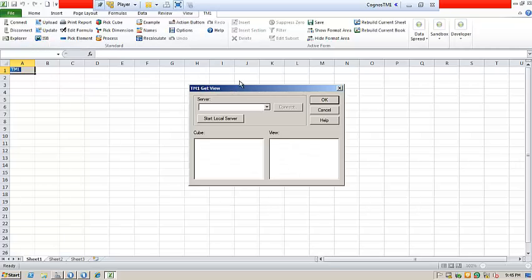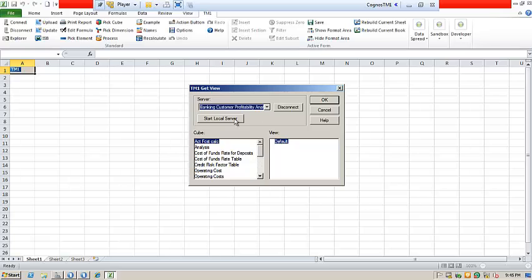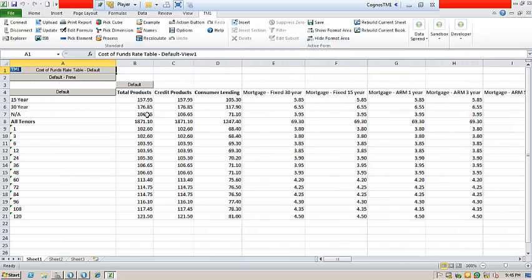So here I'm in the perspective interface, and what I'm going to do is connect to one of the servers here, the customer banking profitability. And remember, we had done that cost of funds rate adjustment. I'm going to click OK, and the information pops up, and those same changes that we made last time, we took this rate to 6.0 and this rate to 6.0. By then entering that, it will go and do the same effect, so you can go and see the changes. So again, another example of, in addition to what we showed in the ease of administration, also even if people are more comfortable in Excel,